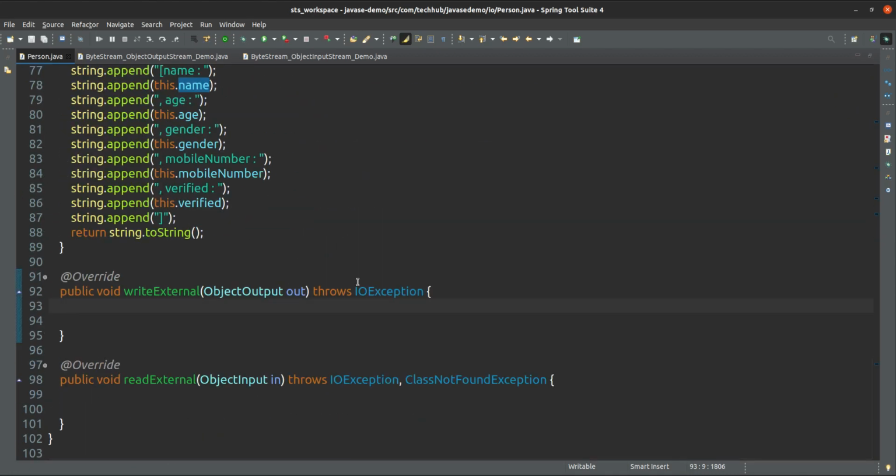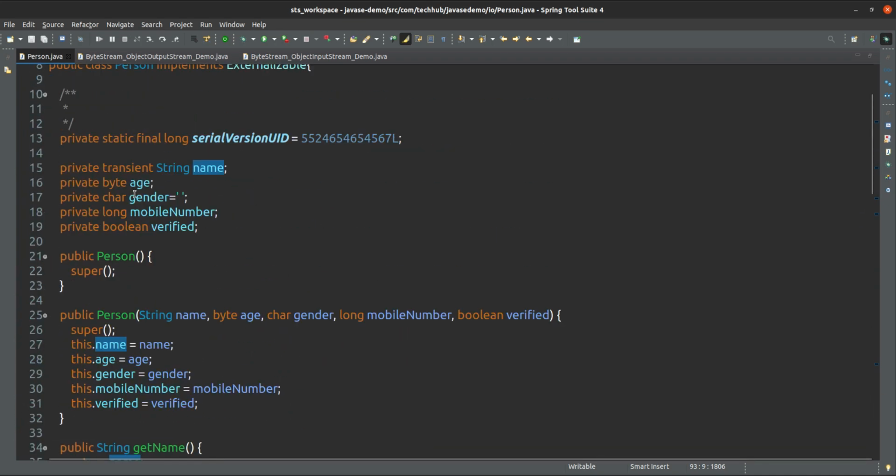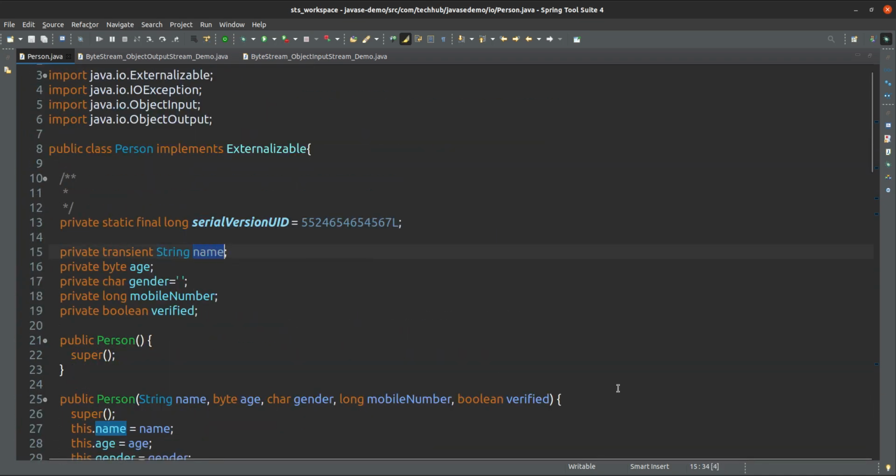That's why externalization is called the customization of serialization. I have customized it. I want to serialize this name also, even though the name is transient, but I still want to serialize this field. How can I do that?